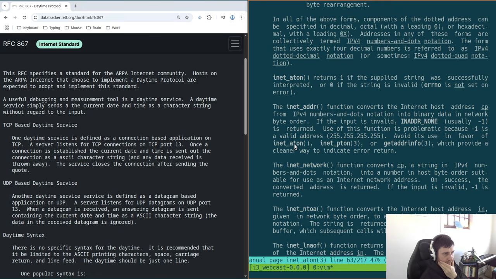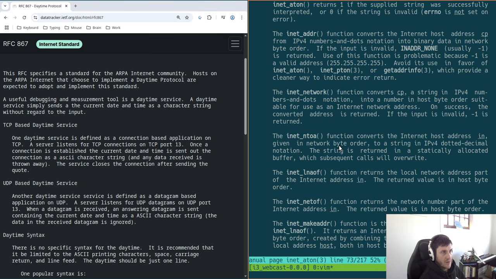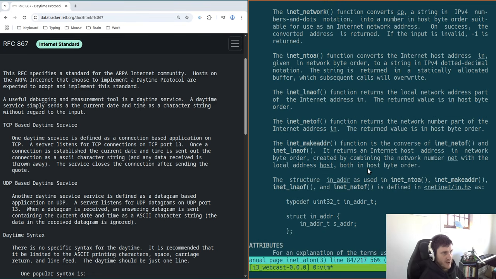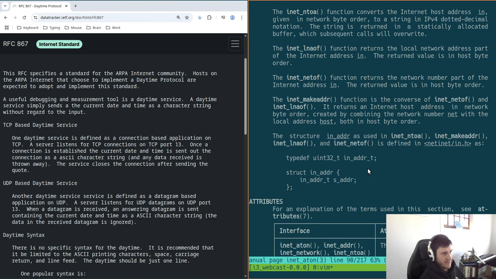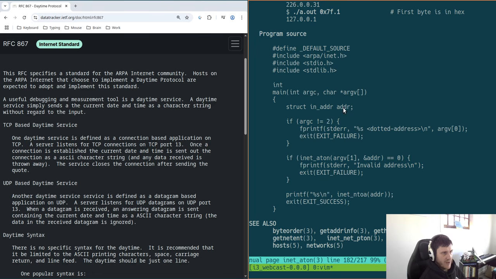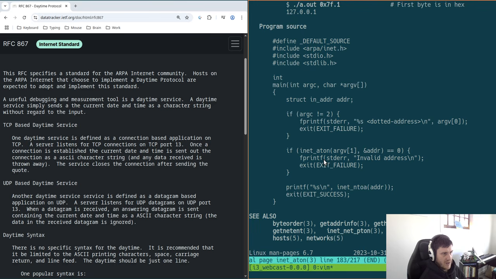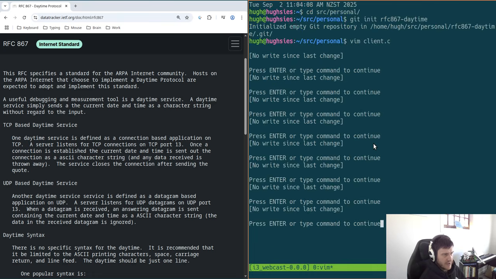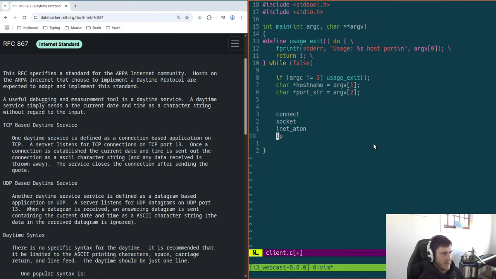And there's also inet_pton, which, what would that be? And there's also getaddrinfo. There's a lot of things that you can do. Networks are fun. I could just copy paste some existing code, but does this have some examples? So there's the dotted address and inet_aton, but there was also inet_pton. So what about